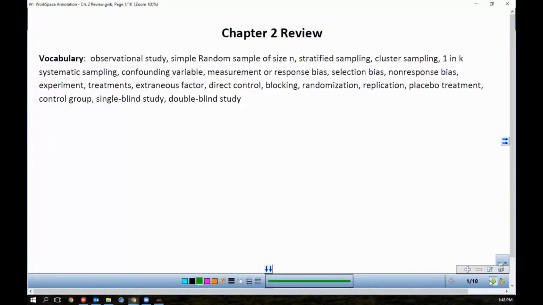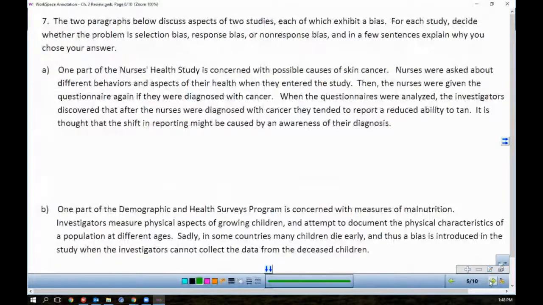Okay, so we're going to start with 7. On 7, they give you 2 different studies, and they want you to say what kind of bias it exhibits, and then use evidence. It says a few sentences. If you can do it in one sentence, you can do it in one sentence to explain why you chose that kind of bias. So if we look at part A,